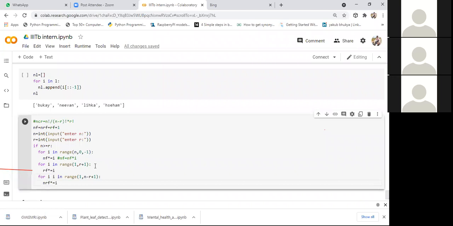See here, if you observe keenly what I'm doing, I'm writing the same logic. In the 3 cases, I wrote the same logic and the same for loop. Here I consider the loop n comma 0 comma minus 1. Same loop, guys. What I did here is I took a negative step size, whereas in these 2 cases, I took a positive step size. By default, it will take a positive step size. To avoid confusion, here also I'll keep a positive step size only: 1 comma number plus 1 comma.